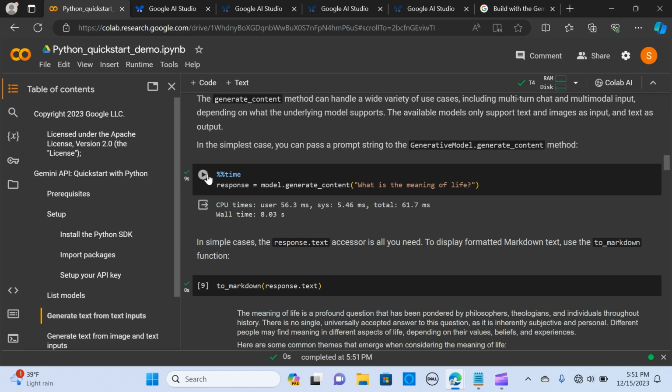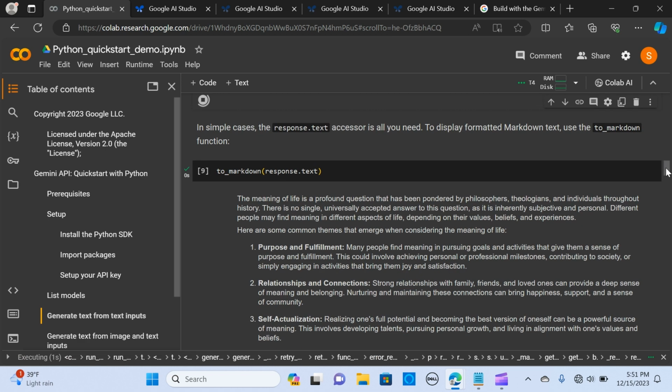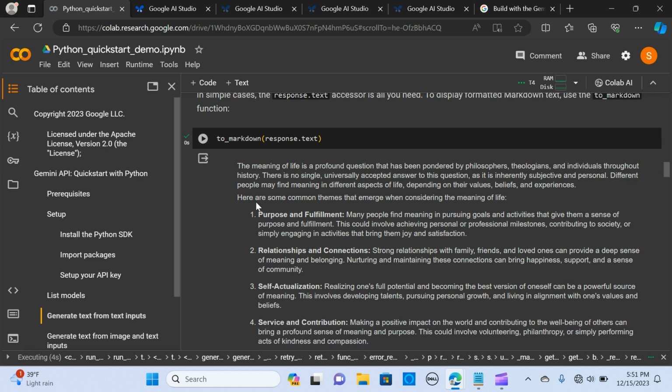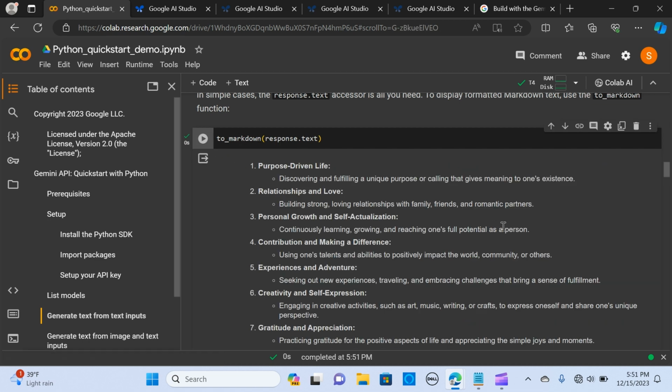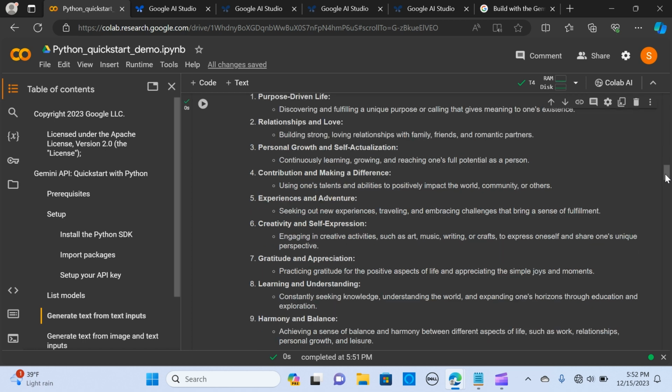Let's pass a text prompt into model.generate_content: what is the meaning of life? Let's run it, and let's use our Markdown to get the response text. We convert that to Markdown to make it nicer. When we run it, for what is the meaning of life, it gives purpose-driven life, relationships and love, personal growth. It is giving me several outputs,